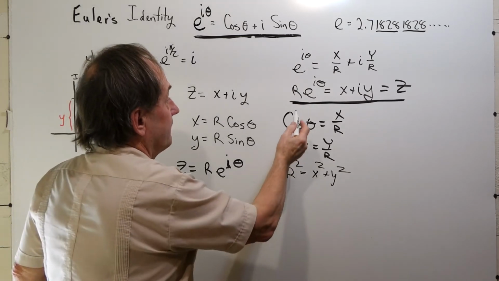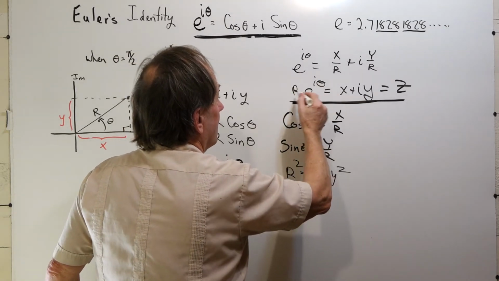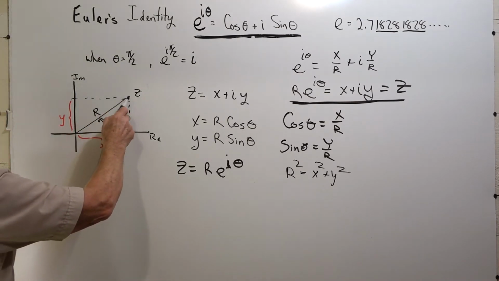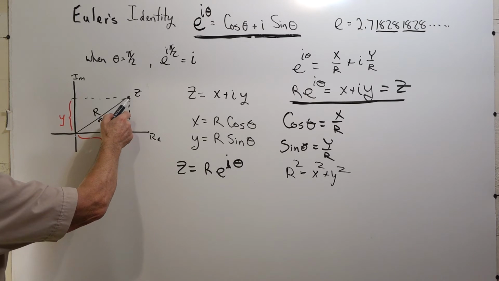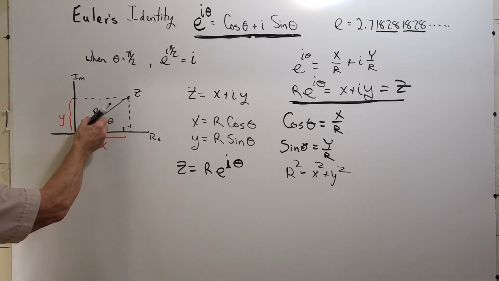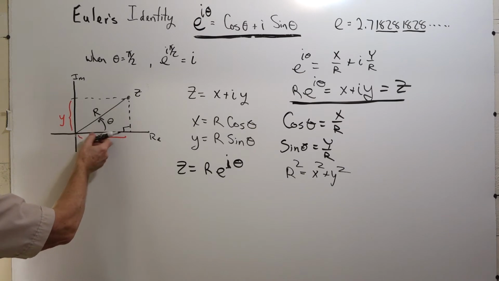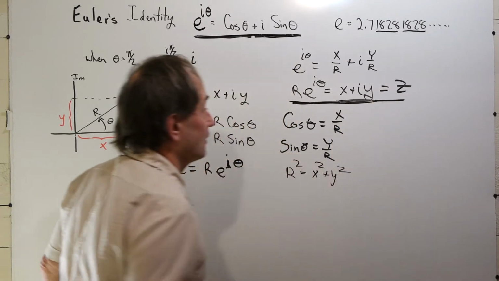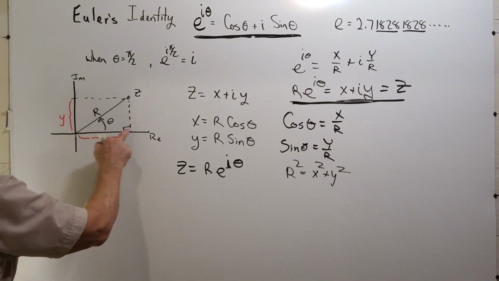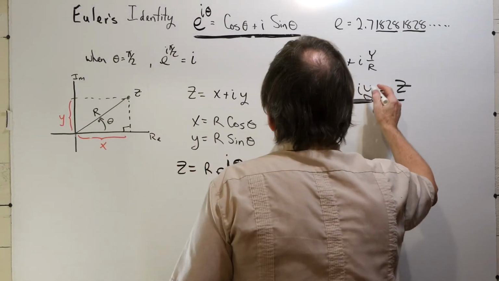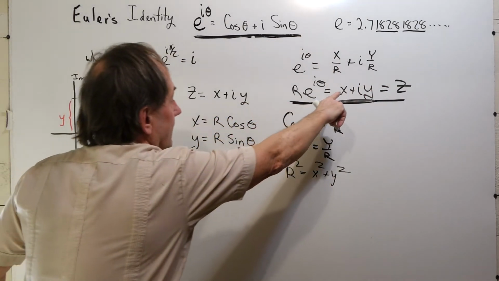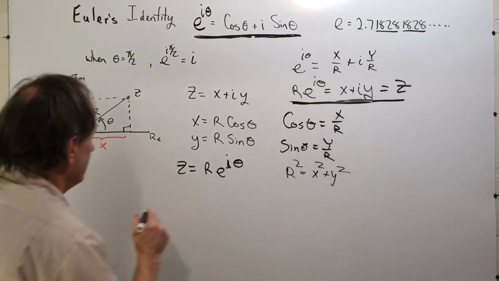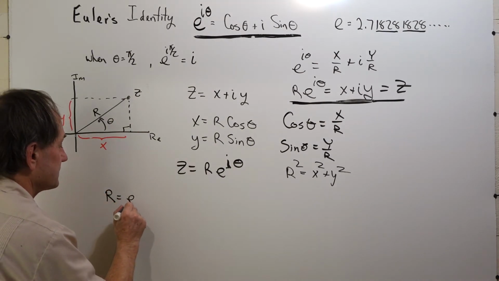Now this form here, r e to the i theta, we call a polar form. It is a way to represent a point in the plane by a radial distance out from the origin plus the angle that that vector sweeps through to get to that point, the angle theta. And then the other representation we call the rectangular form, x plus iy. And if we put in r cosine theta for x and r sine theta for y, then we can write